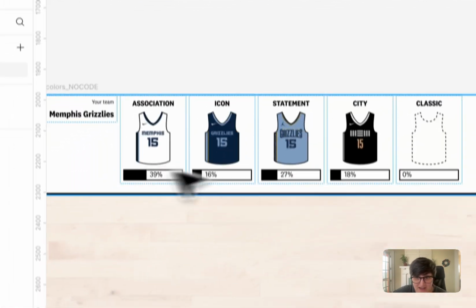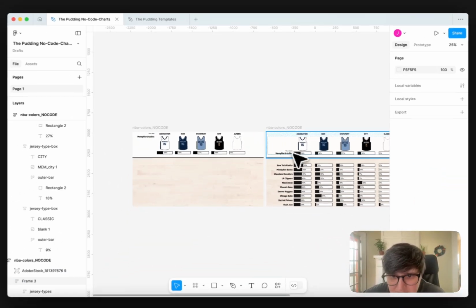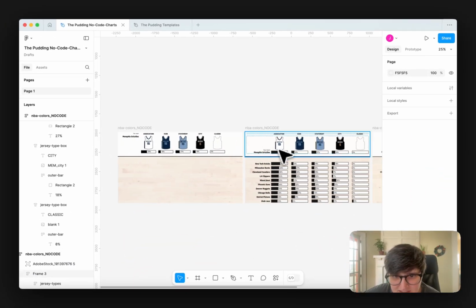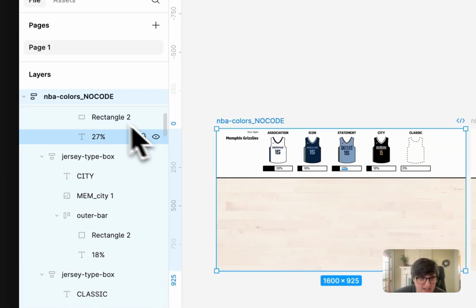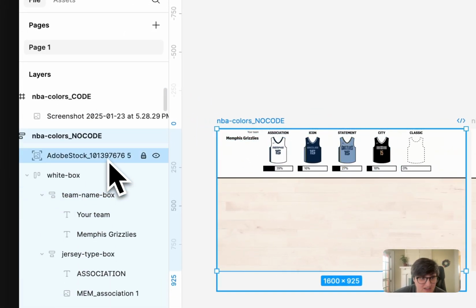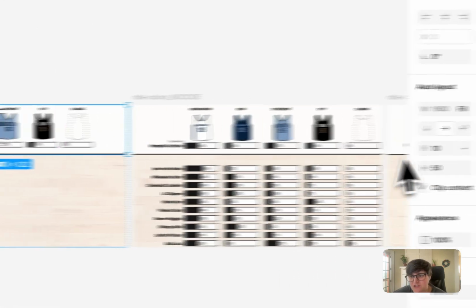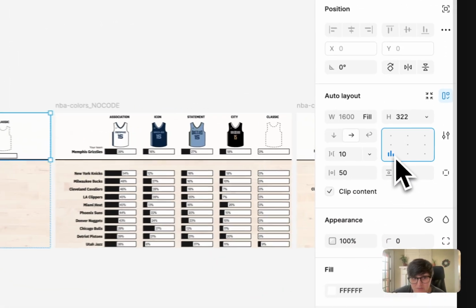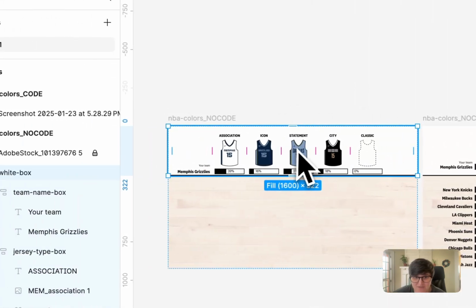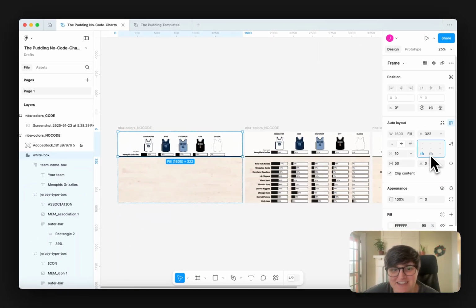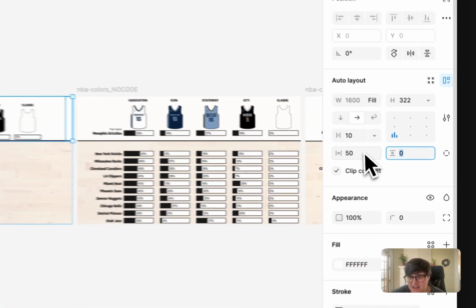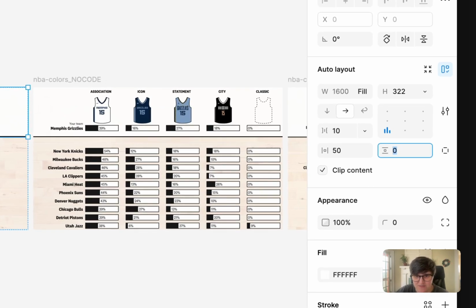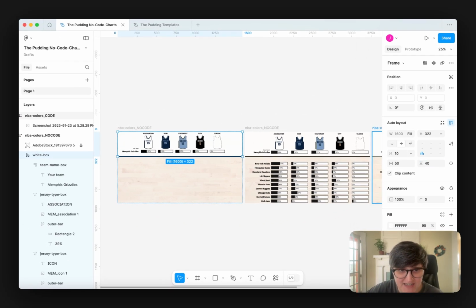Okay. The other thing that I know we need to do is make sure that this Memphis Grizzlies thing is aligned to the bottom there. So what we're going to do there is go back to kind of this top level white box, and we're going to look at the alignment. And so we're actually just going to align it to the bottom left, and then it'll kind of automatically align stuff. The other thing that I'm going to do is just add in some padding here